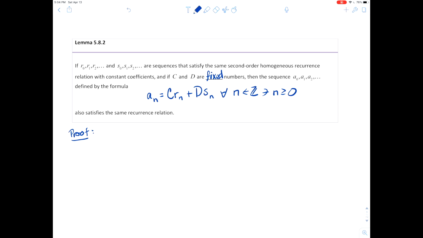Really, it turns out to be a bunch of algebra, right? So let's define them, meaning these sequences, because they are sequences that satisfy the same second order homogeneous recurrence relation. So first off, we're going to suppose that R0, R1, R2, dot, dot, dot, and S0, S1, S2, and so on are sequences,